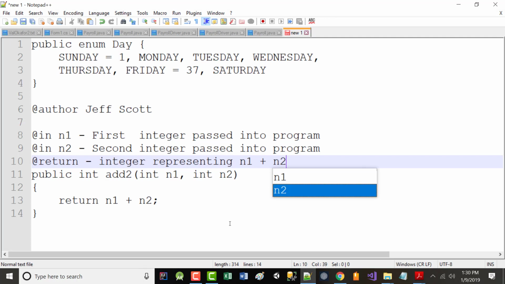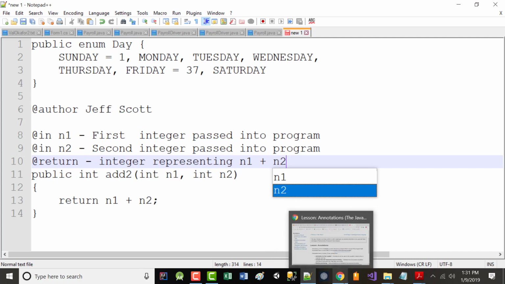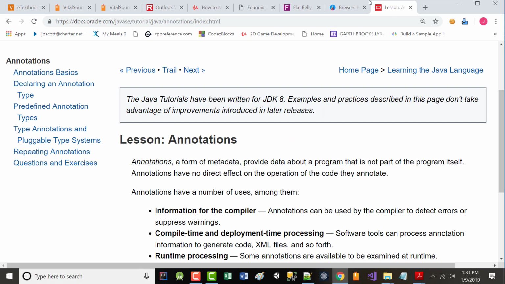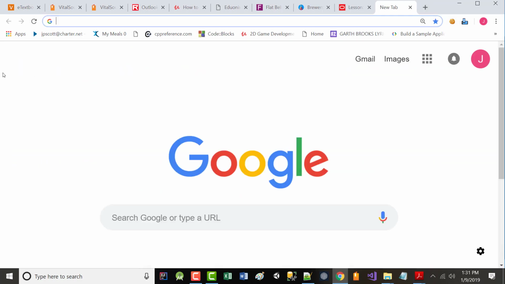Who cares? Why would you want to do that? Because if you put in these kinds of annotations, these are the simple kind, then you have to compile the program and you put a different option, like -m or something like that. I don't remember what it is. But if you do that,